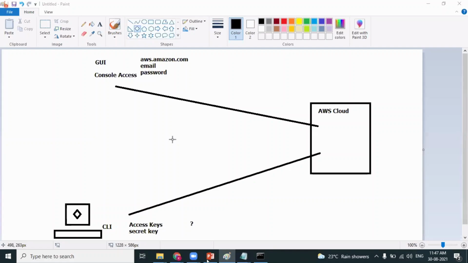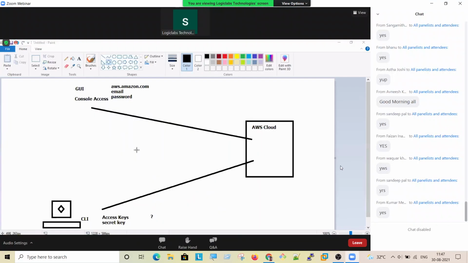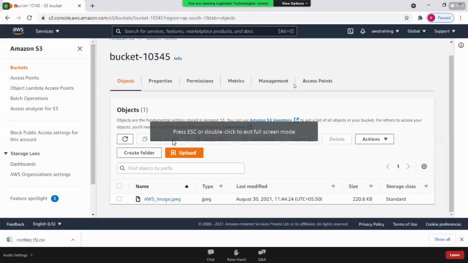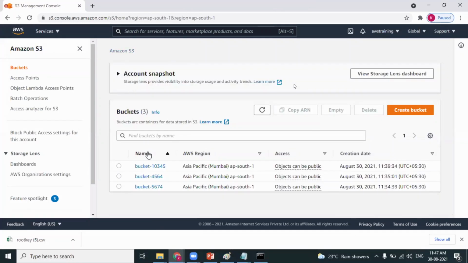So here my question is, while logging in through the CLI, we are mentioning the region, right? Yes, you are right. That's the reason. Whenever you are creating a bucket, that bucket belongs to the Mumbai region. So the CLI will cover all services, EC2 and everything, right? You are right. So if I want to create an EC2 machine, will it come under the same region?